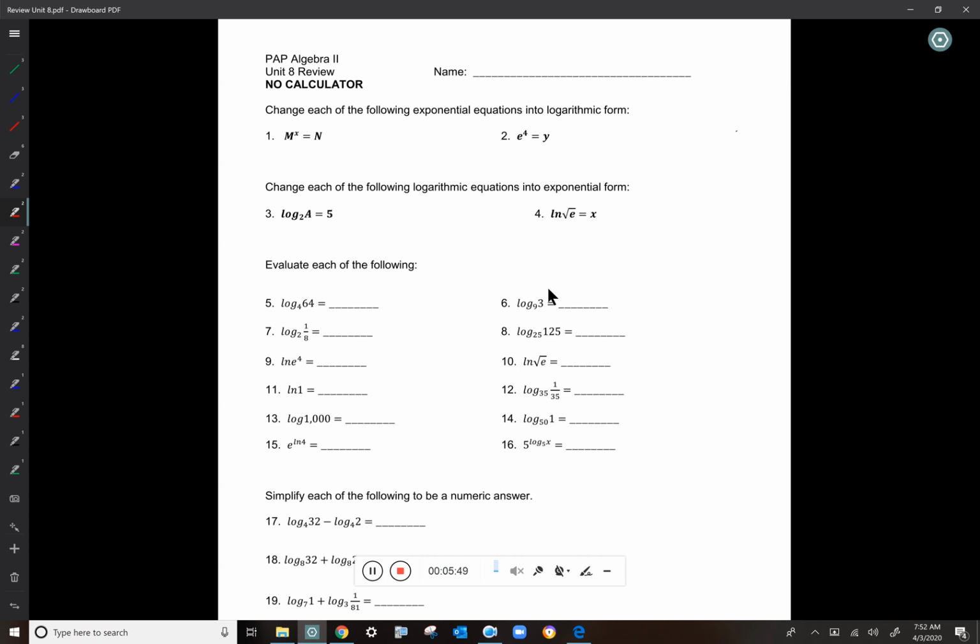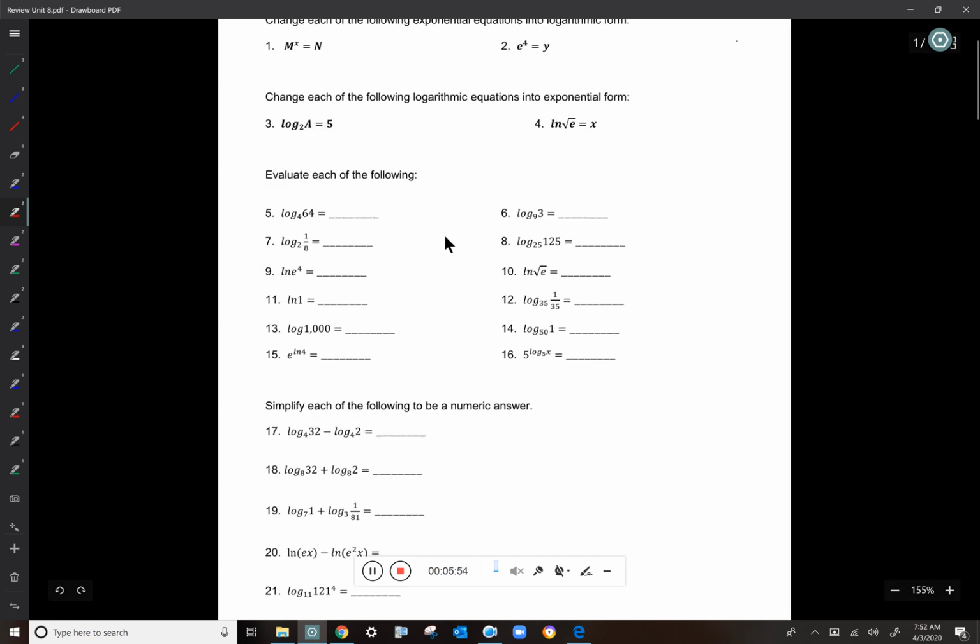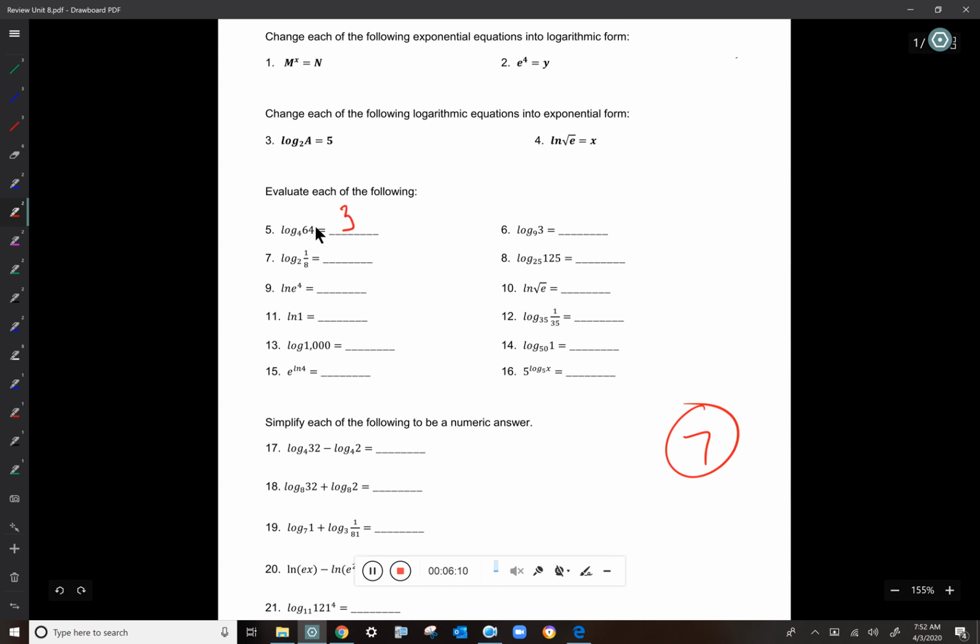All right, so here's what I'm picturing for the test. Don't hold me to this exactly, but I'm thinking that from the stuff on the first page, there will probably be about 7 questions on the test that look like these. Well, if you're looking at, for example, number 5, log base 4 of 64, either you know that 4 cubed is 64 or you don't.